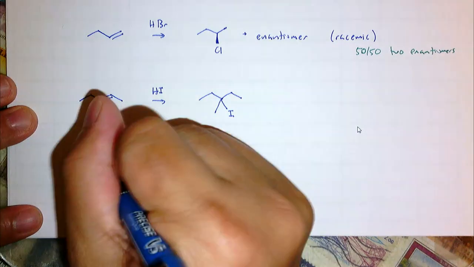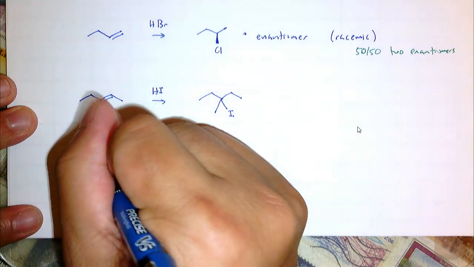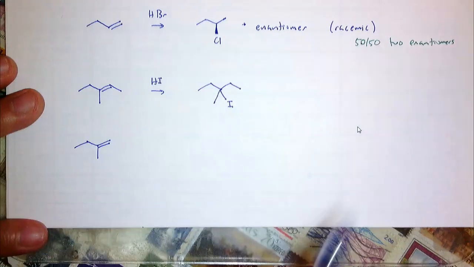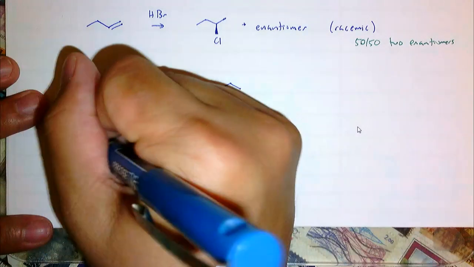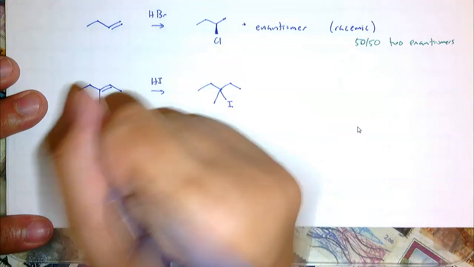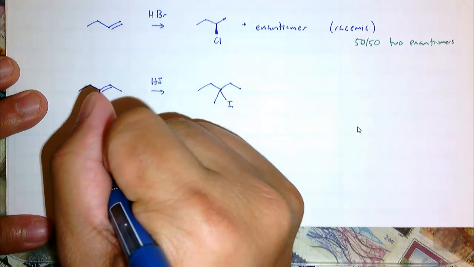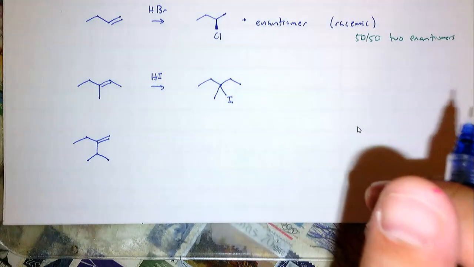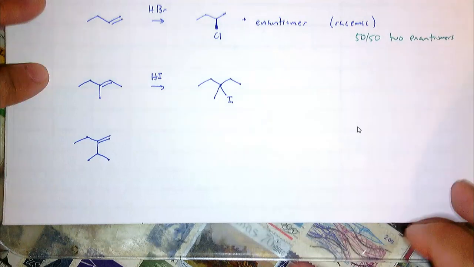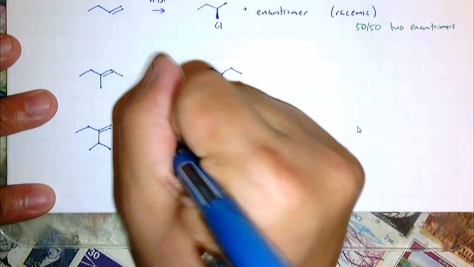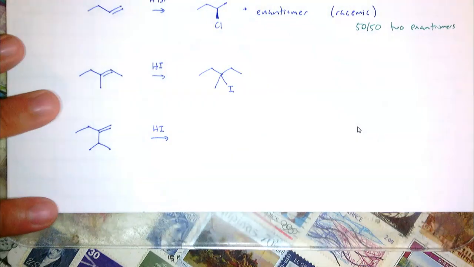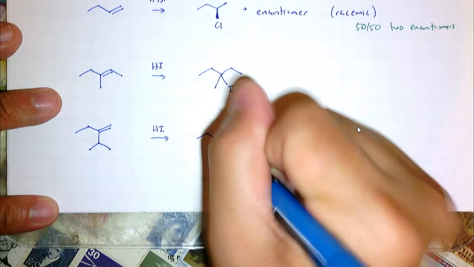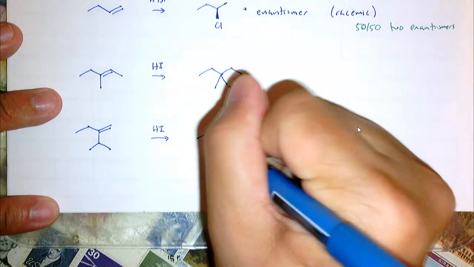But if I had shown you this, oh, how about this? I'm trying to predict whether this would be chiral or not. A little complicated, but let me give you that. Okay, let's do HI again. Without stereochemistry, you have this molecule. It's a little bit more complicated, but